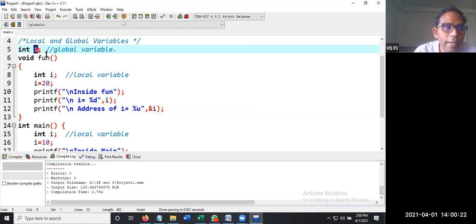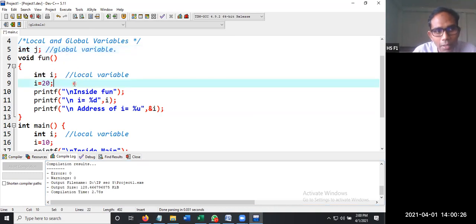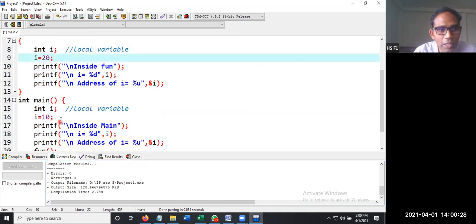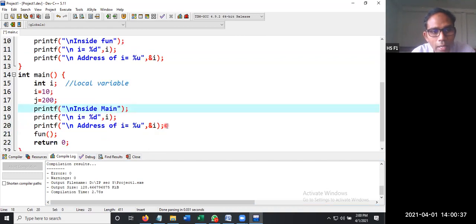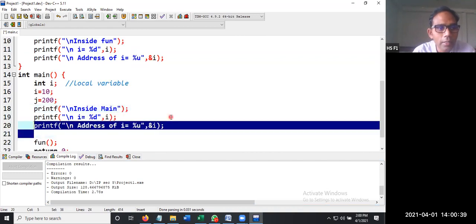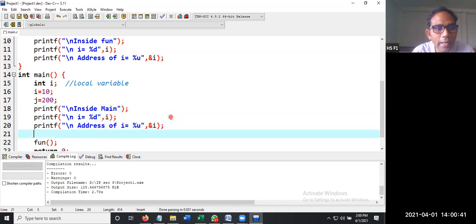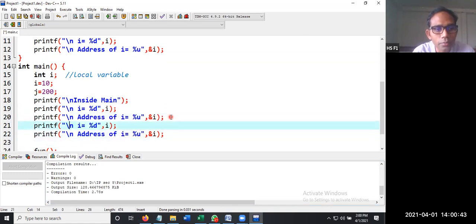Now here, if I write J instead of I, initially J is equal to 200. So we are assigning J the value 200. Then we are printing the address of J as well as the J value.